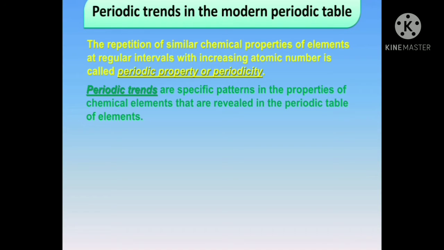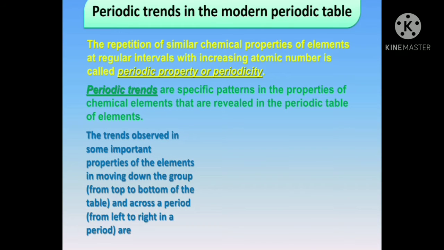What are periodic trends then? Periodic trends are specific patterns in the properties of chemical elements that are revealed in the periodic table of elements. The trends observed in some important properties of the elements, moving down the group, that is, from top to bottom of the table, and across a period from left to right, are